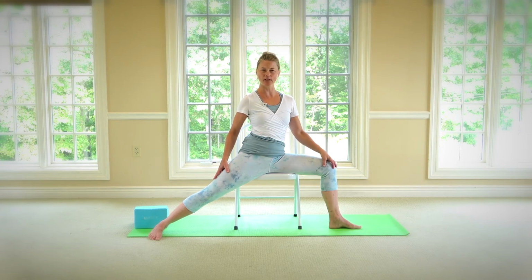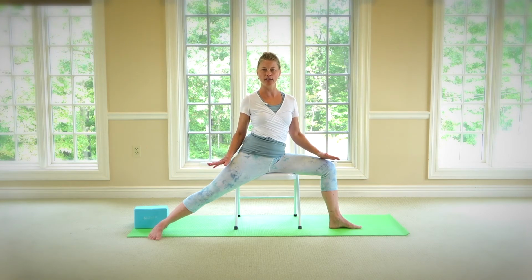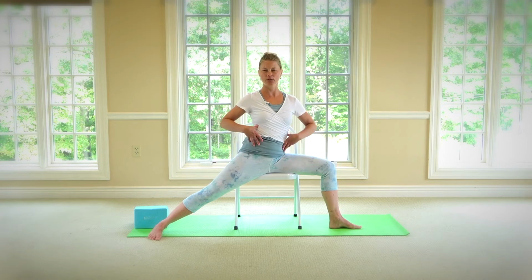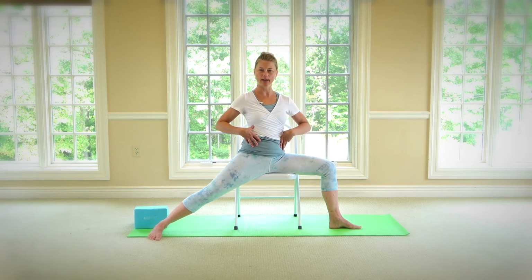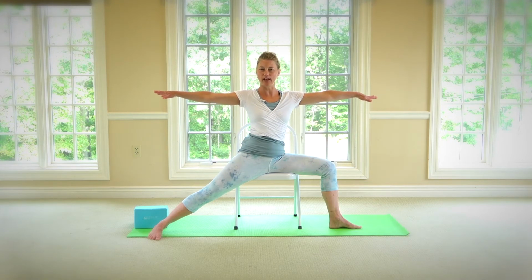So our legs are very active here. Wherever you are, you're going to feel a stretch here. This is the psoas muscle, and we're opening here. Both feet are supremely rooted to the earth. Torso is not leaning to the right, so we're upright as best we can. And we're going to press down, legs are strong, and inhale, bring the arms out to the sides to shoulder height. Take a breath in, lengthen up through the spine, and exhale, slowly turn your gaze over the right shoulder,